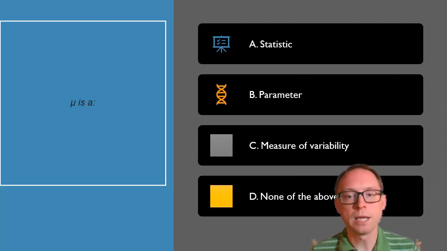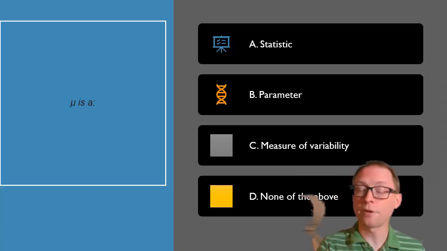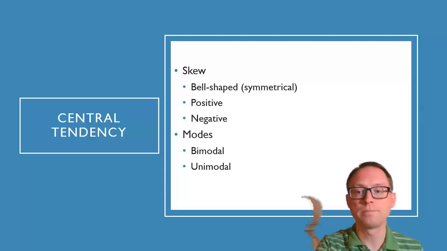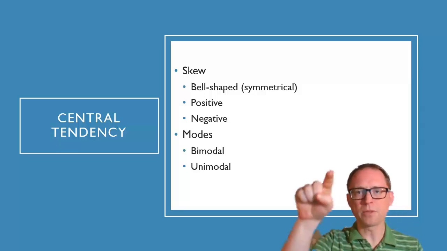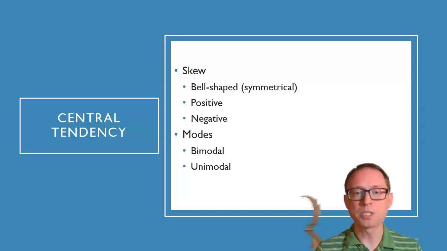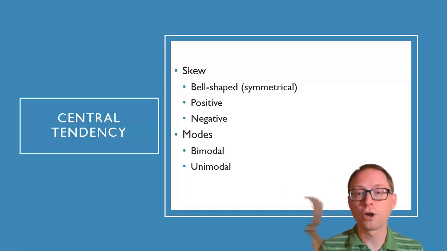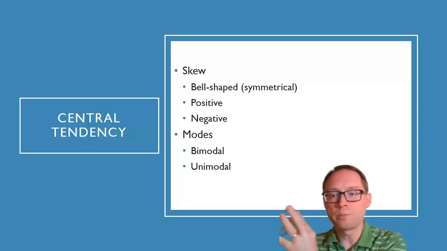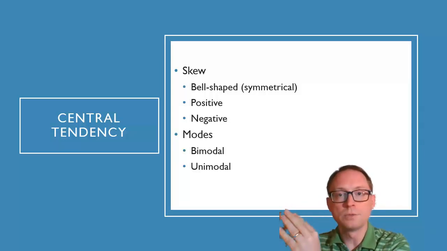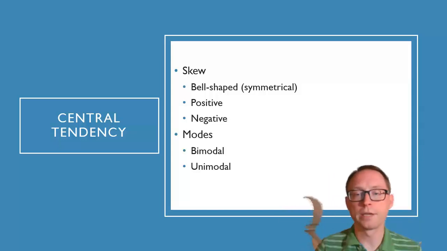Okie doke. Let's talk about some things that you've probably heard about before as well, but we need to make sure that you know them. The reason why we talk about central tendency is because we're talking about the center of a distribution. Now remember when we talked about histograms? I actually put a little curve over the histogram to show you that that's where we were going, okay? So skew has to do with whether or not the distribution is being skewed by some small number of scores, either positively or negatively.